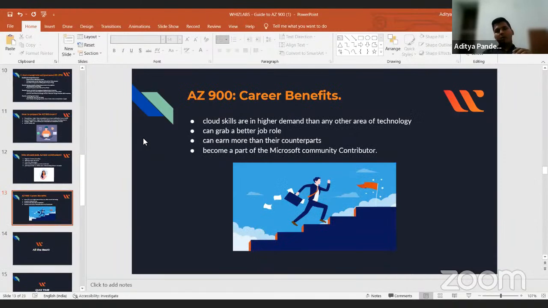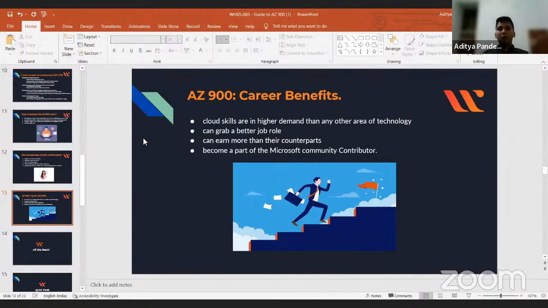Now if we talk about the career benefits of AZ-900. If you go in the market, you will see that Azure cloud computing is being adopted by a lot of organizations, a lot of companies. They are adopting their cloud, their data on Azure cloud. And recently, the news came that the metaverse is completely going to be deployed on Azure cloud.